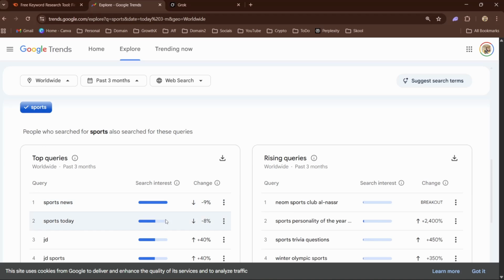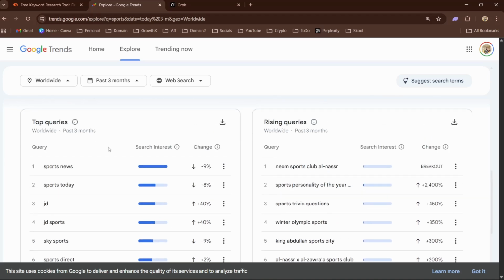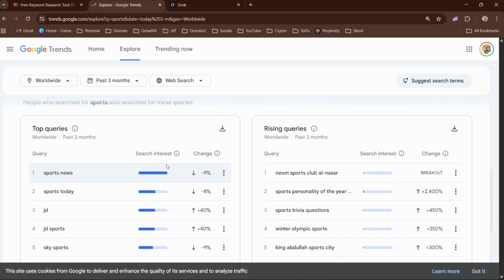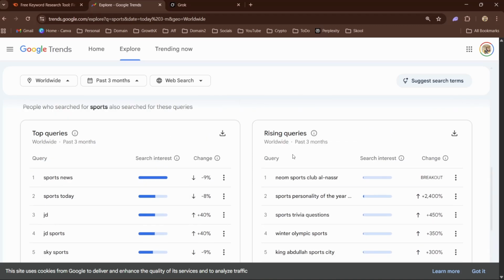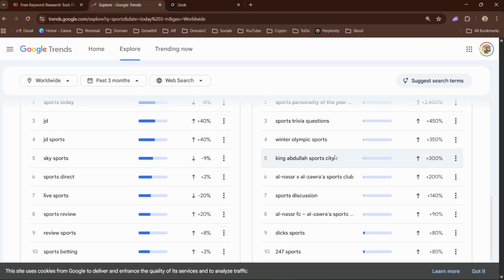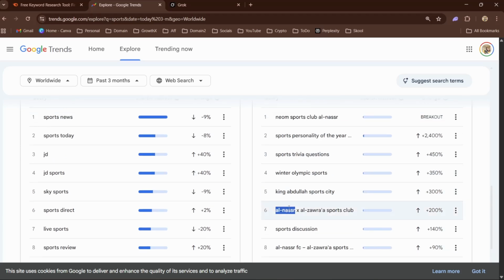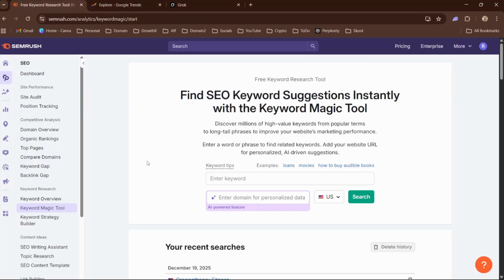So I'm going to scroll down a little bit and see the rising queries, or maybe top queries. You can also look at the top queries and double down on that. But I would suggest going for the rising keywords or rising queries. Now we have got a trending keyword, which is up by 300%, which is Kings up to the sports city, or we even have this one. So let me take one of these keywords